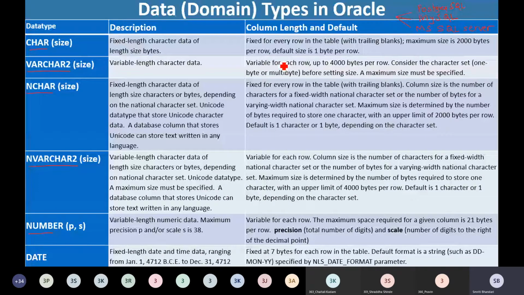So let me quickly go through. The char data type will help us define an attribute in the table wherein we would like to store some string data, right? So char is fixed length. Char is meant for storing fixed length character data with the given size. So the size needs to be provided.